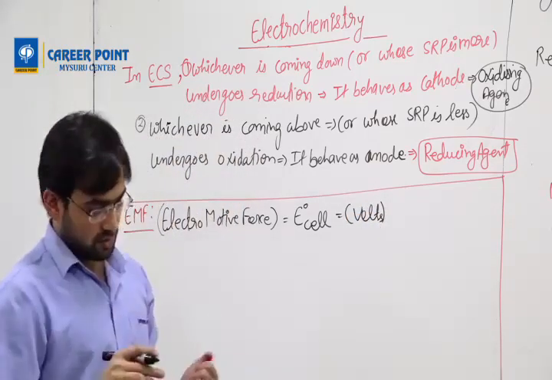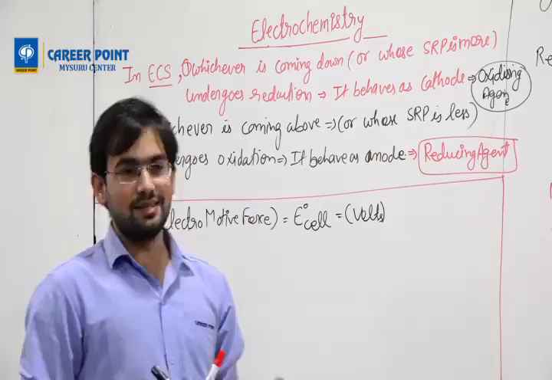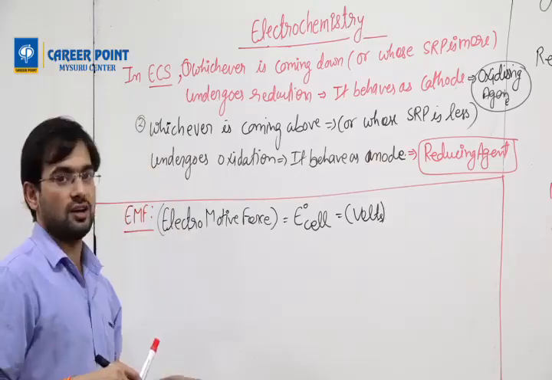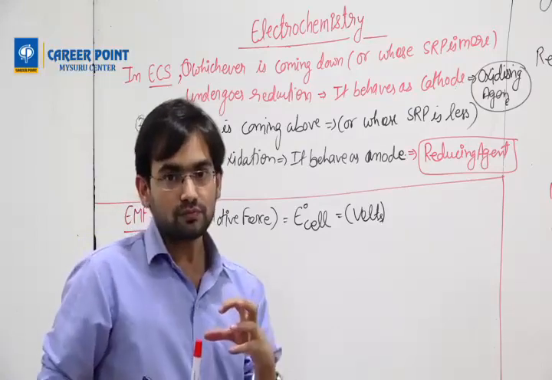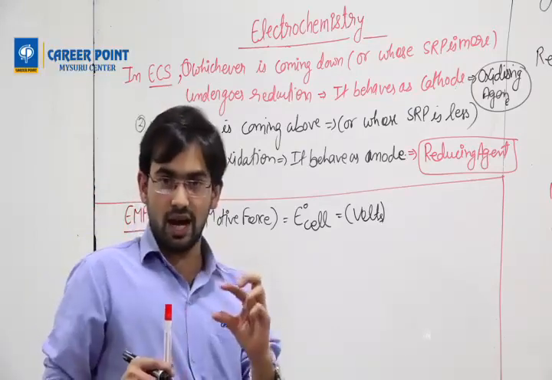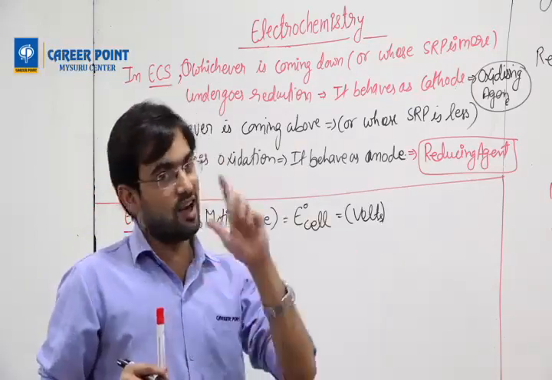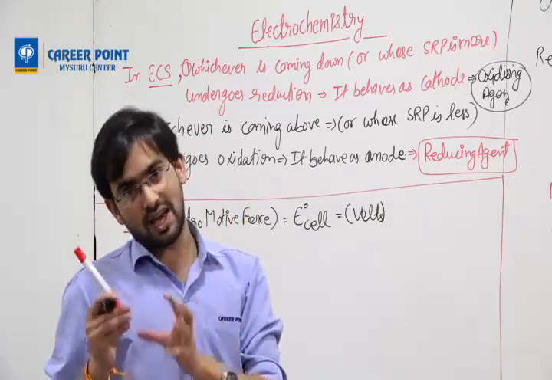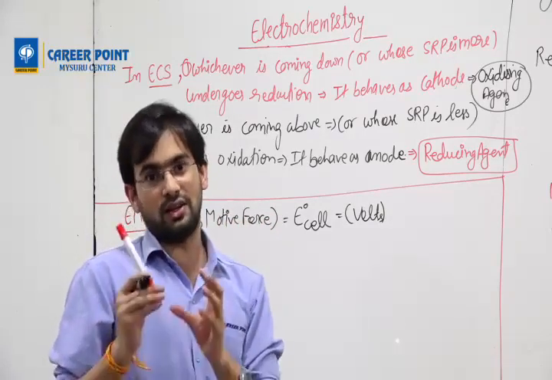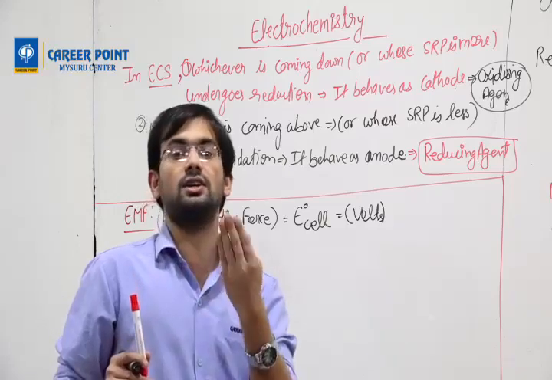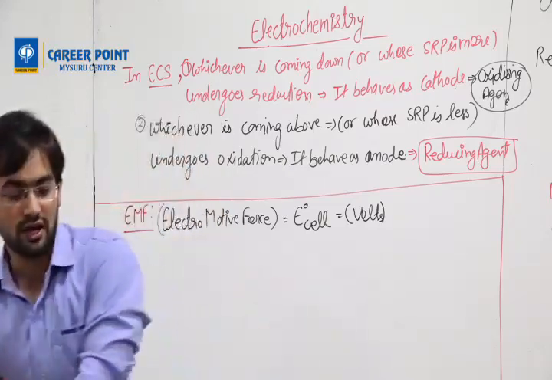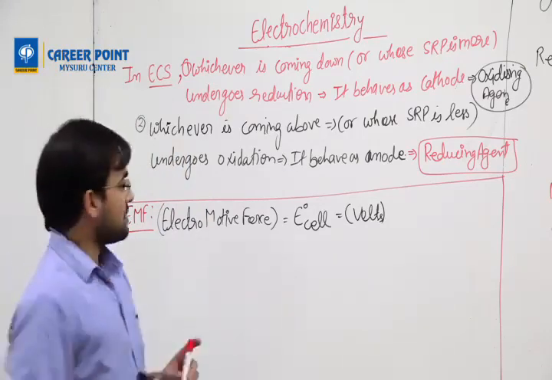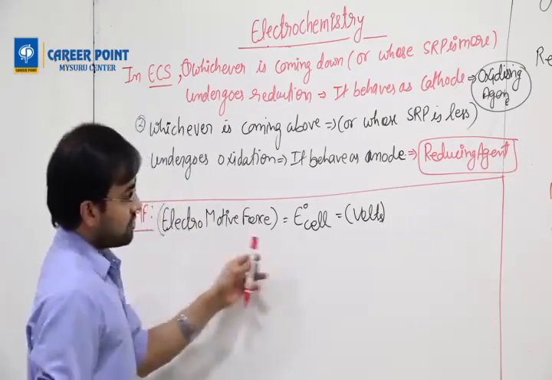That wall clock cell is an electrochemical cell, because in that cell you have some chemicals, and when you put that cell in a clock, the clock will start running. It means the chemical energy stored in the electrochemical cell is converting into electrical energy. That is the first definition for an electrochemical cell. So, E0 cell.